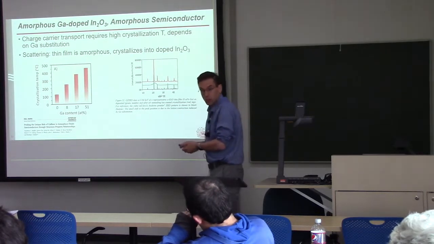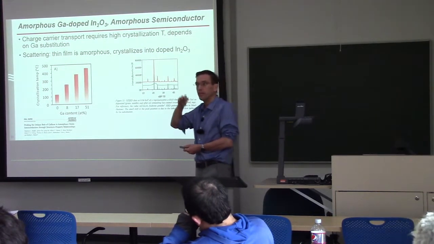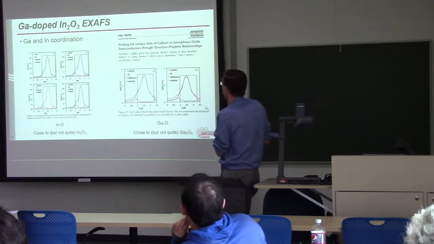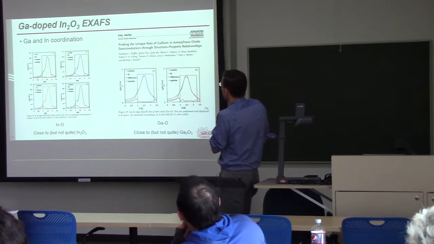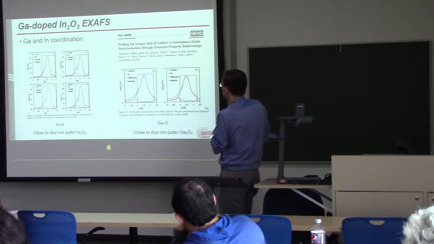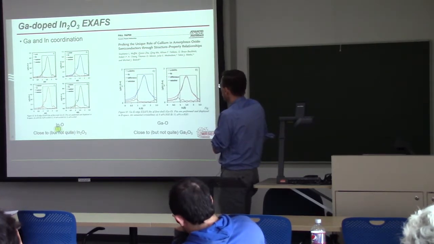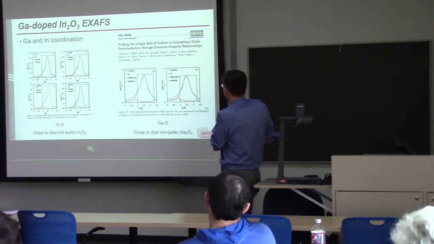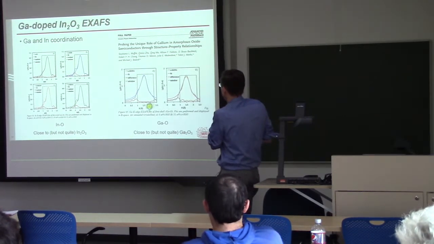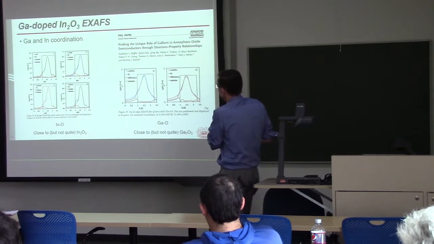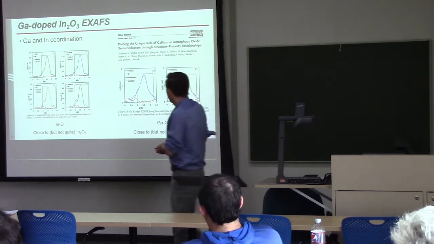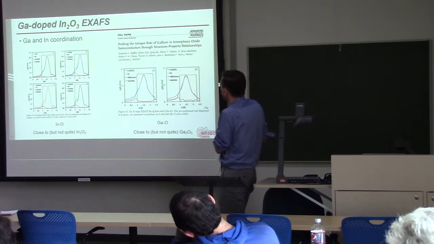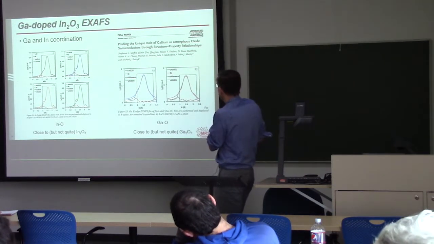But the question is what's going on in the amorphous structure, and can we get some insight without learning all of the structural details? So if you look carefully, you have structures locally that look around indium like indium oxide, that around gallium look like gallium oxide, Ga2O3, but something's wrong. And so if you do the pair distribution function analysis more carefully, you'll find that the gallium coordination is not quite right.